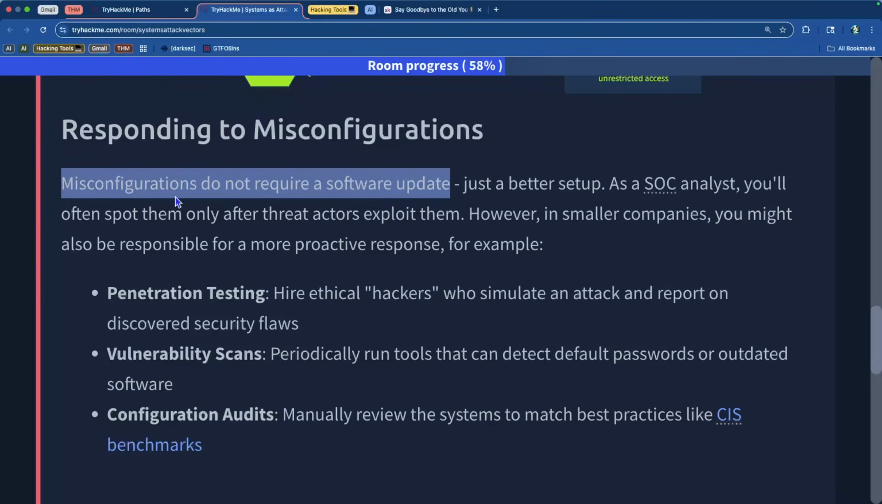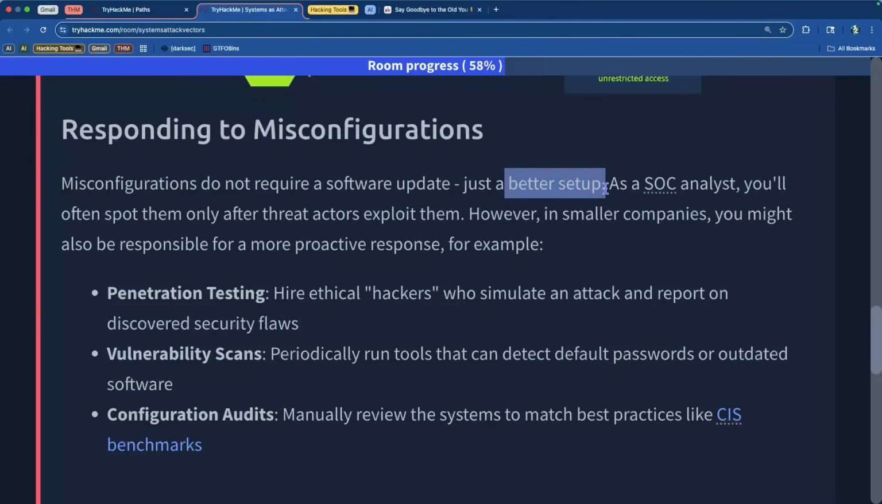This is very important to understand. There's nothing wrong with the software. There's something wrong with the way the software was set up, the way the software was configured, right? Just a better setup is required. So as a SOC analyst, you'll often spot them only after the threat actor exploits them because there is no